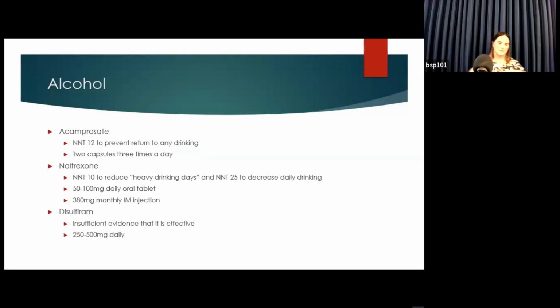All right, so once you have your patient off of alcohol, you won. It's time to put them on a maintenance medication. Maintenance medication is going to be way more effective than just pure willpower alone. There are 3 FDA-approved drugs for alcohol use disorder maintenance: acamprosate, naltrexone, and disulfiram. We can kind of cross disulfiram off this list.